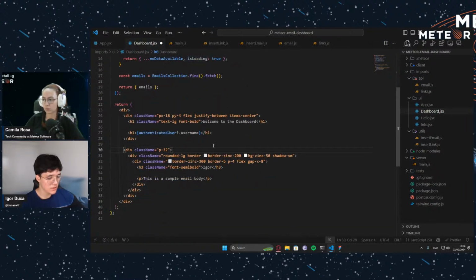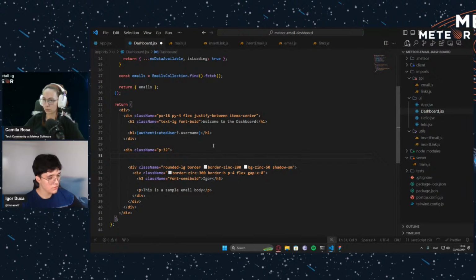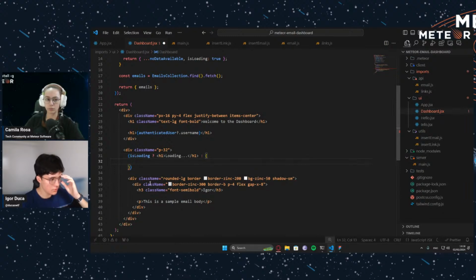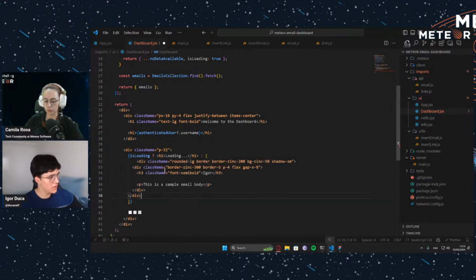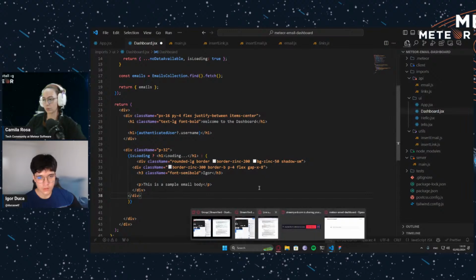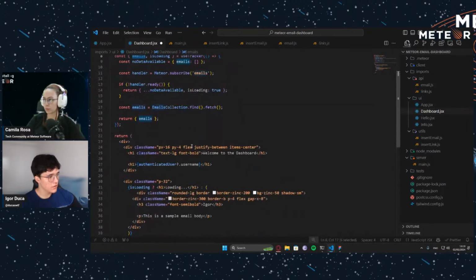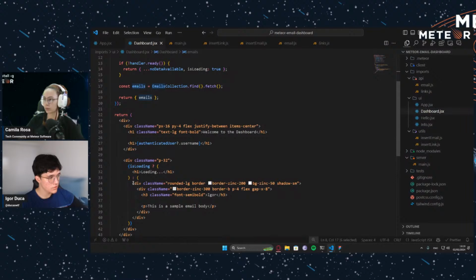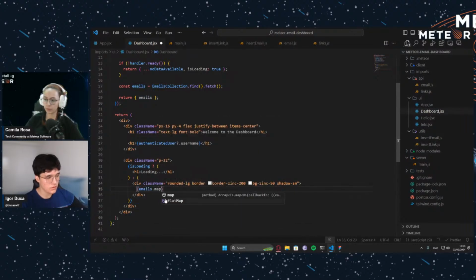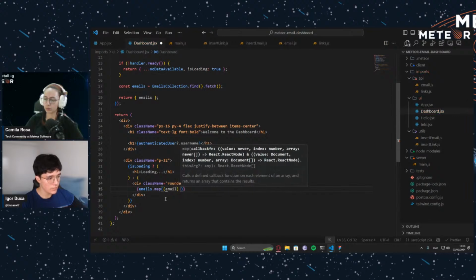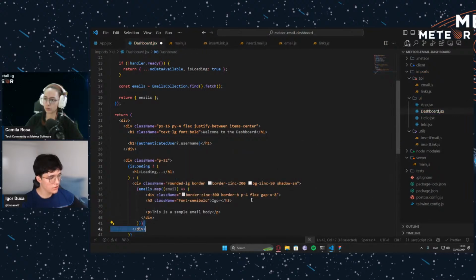So I am going to go ahead and pass this isLoading here, and I'll do this ternary operation to make sure that the emails will only appear once the isLoading is not true. So if isLoading is false, you will see your emails. So for emails, I'll do this simple map, and I will return the emails listed here. So I'm using the email ID as the key,